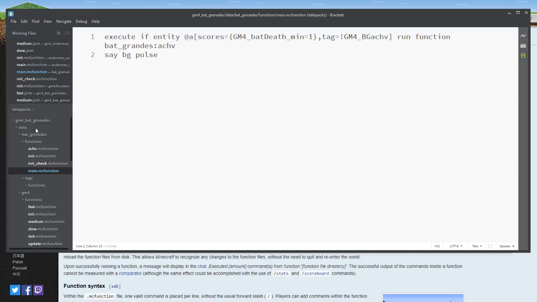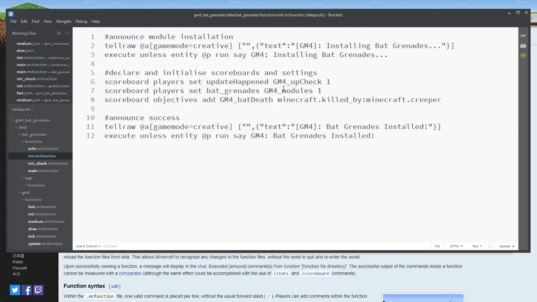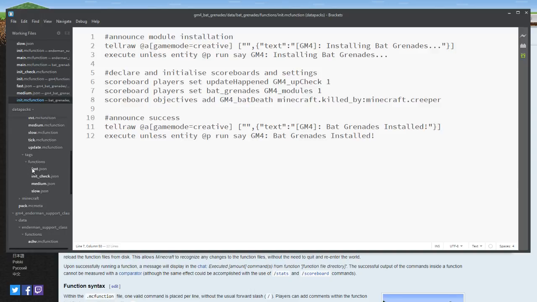But you'll notice that with bat grenades, when I initialize it, I'm setting bat grenades in modules to 1, so that could be our version number. So then if somebody downloaded version 2 of bat grenades, it would set it to 2 instead. So maybe if we say that bat grenades is the old module and Enderman support class is the new one, under